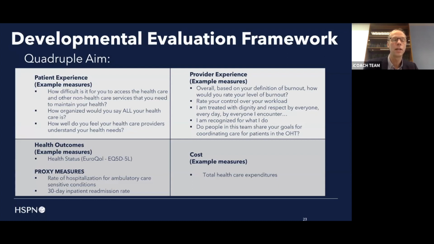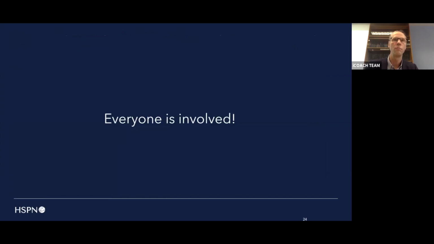In some cases and in a number of instances, we may be using some proxy measures for health outcomes, such as rates of hospitalization, thinking that if people are in good health, they're not being hospitalized, and that would then be a proxy measure. And finally, we're quite interested in having an overall cost measure around total health expenditures in the vein of per member per month.